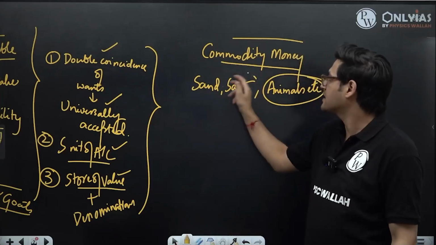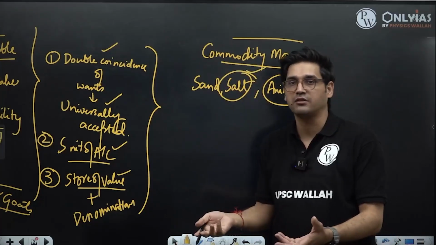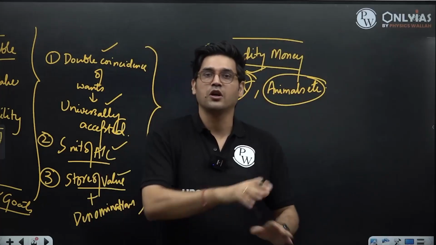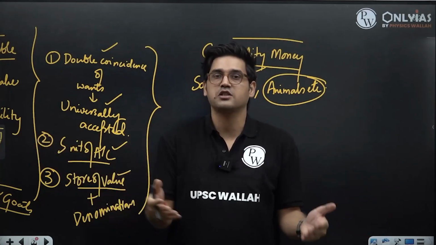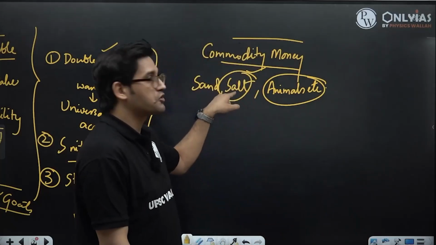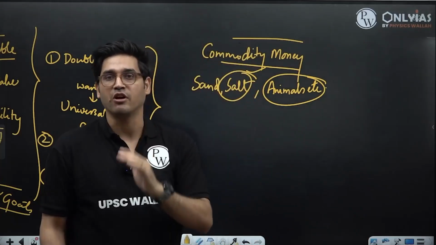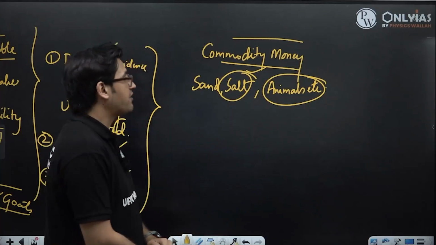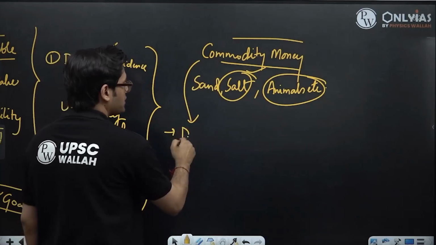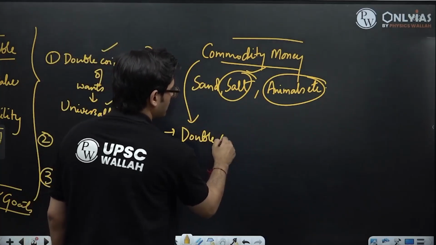The society has accepted, imagine, animals as money or cows as money. Or the societies, let's say, have accepted salt as money. That means so long as I have salt, I can use this salt to buy every other commodity because that's what the society has now decided upon. The society has accepted salt as the universal medium of exchange. Now, having done that, in these economies, the first problem, which is that of double coincidence of wants, was solved.